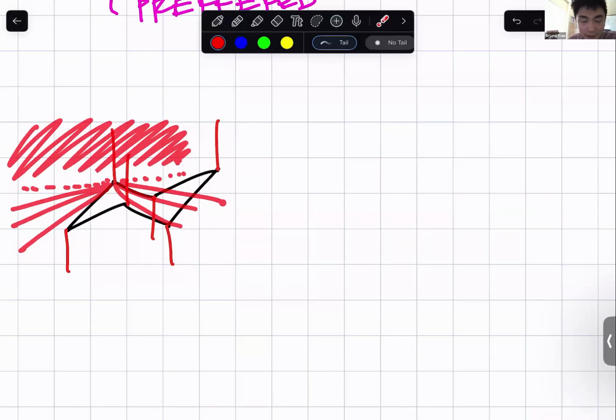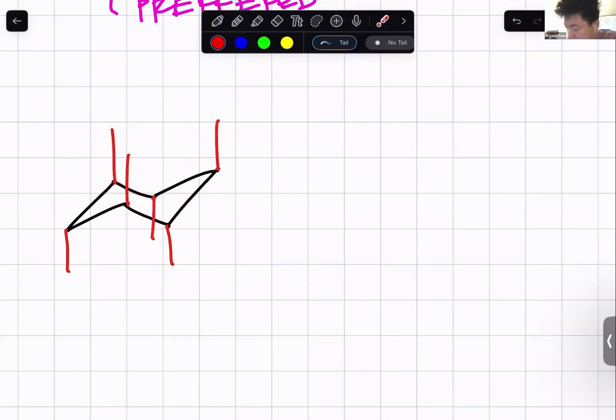But to tell what direction the equatorial bond is going to go, it's going to be parallel to the next two bonds. So what that means is that if you look at this carbon here, which is the carbon that we're interested in, ignore the bonds directly touching it. Like these are the bonds directly touching it. So I'm going to put an X there and X there because we're going to ignore those bonds right there. Then we look at the next set of bonds, which is going to be this bond, the one I'm highlighting, and that bond.